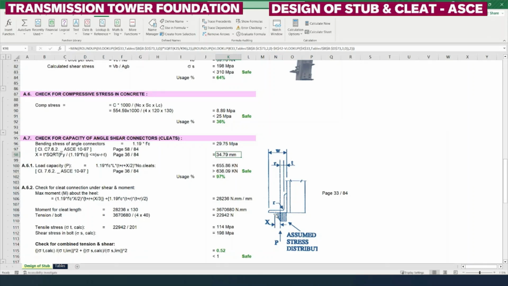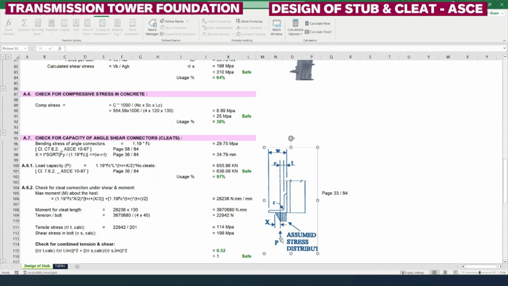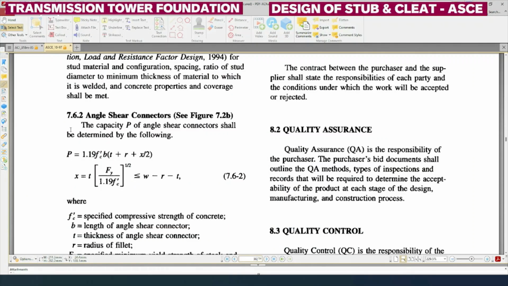It means the zero pressure distribution starts from the R plus t distance. R is the root radius and t is the thickness of the cleat angle member. So this is the x distance which is shown in the picture. At this x distance only the vertical load, the pressure load, is used to act. So that load capacity we need to calculate from the equation which is shown in 7.6.2 of ASCE